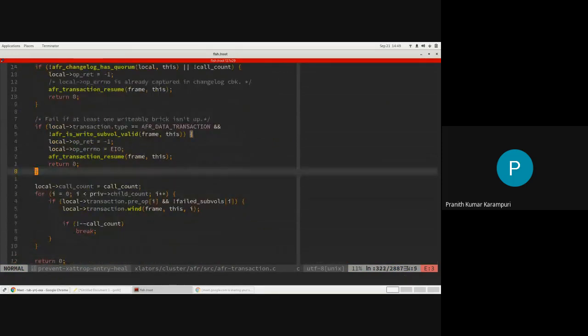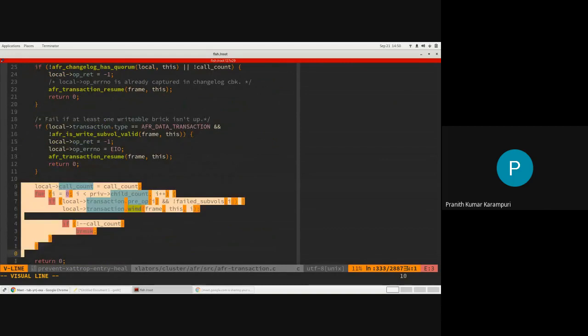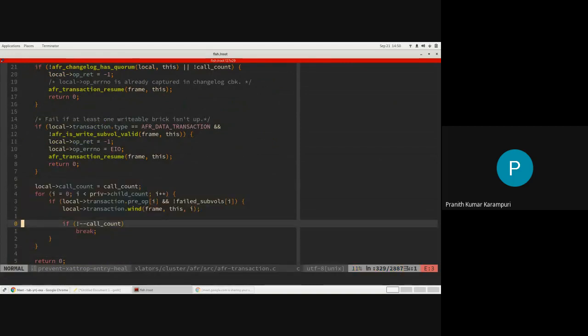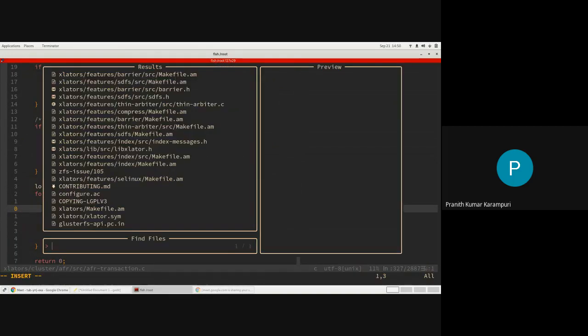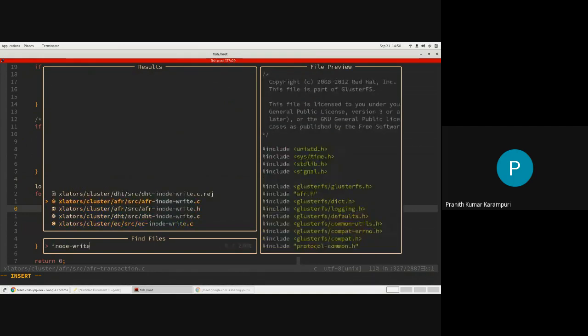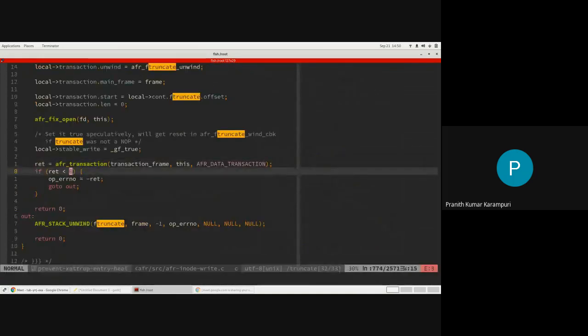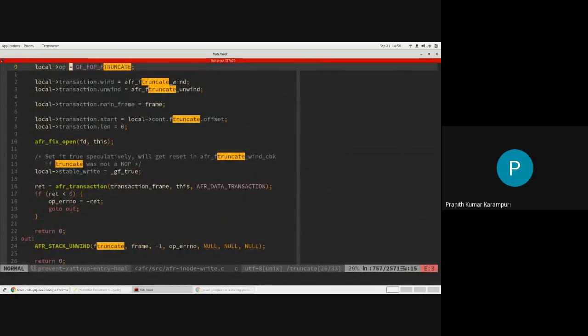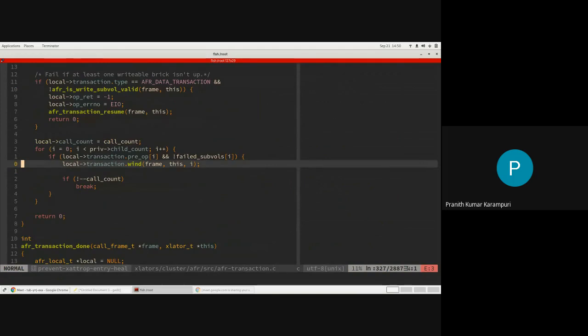This is something that we have seen, right? Like ftruncate wind. So this got populated here. So it is going to call that ftruncate wind or whichever fork it is.